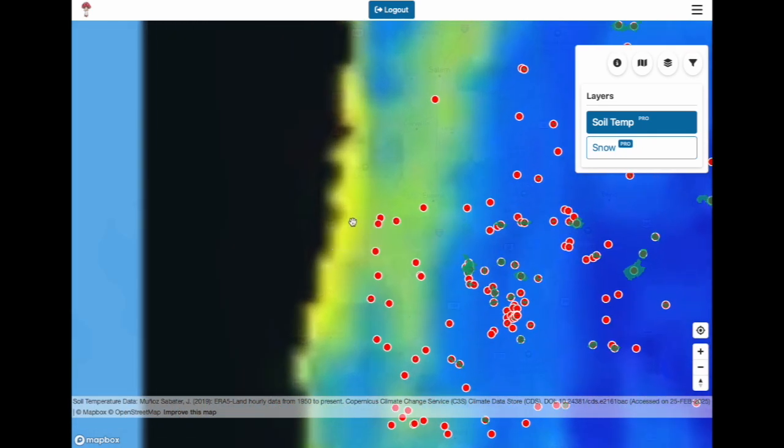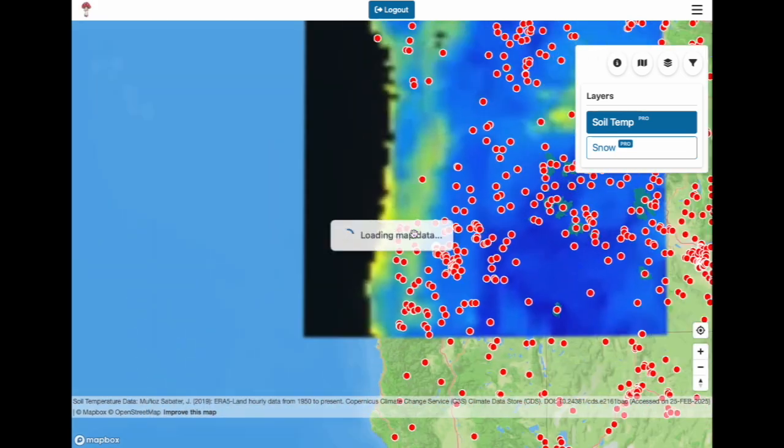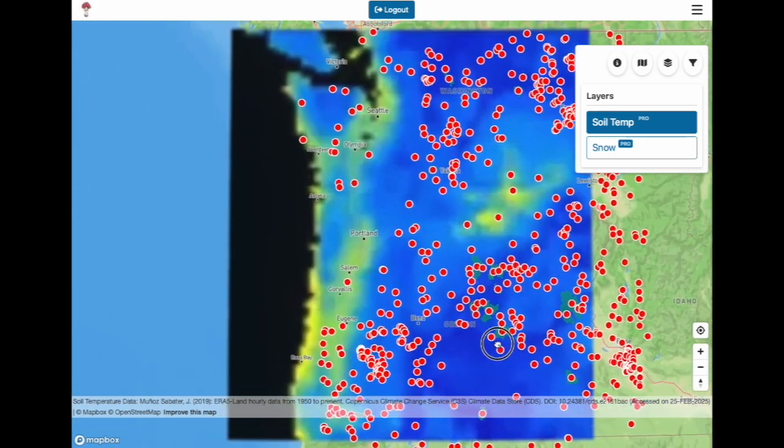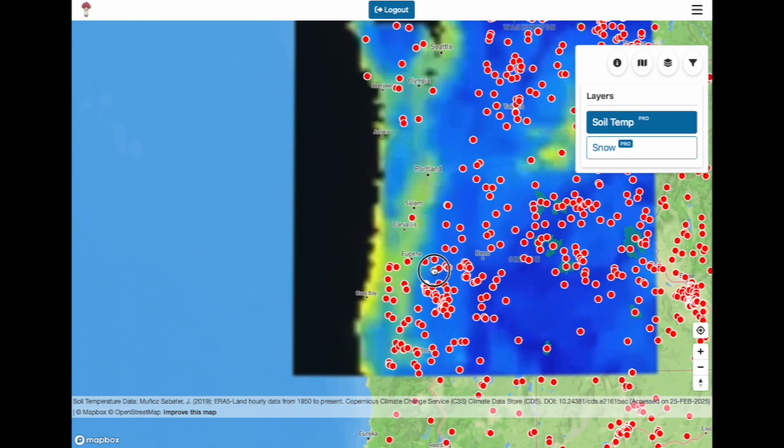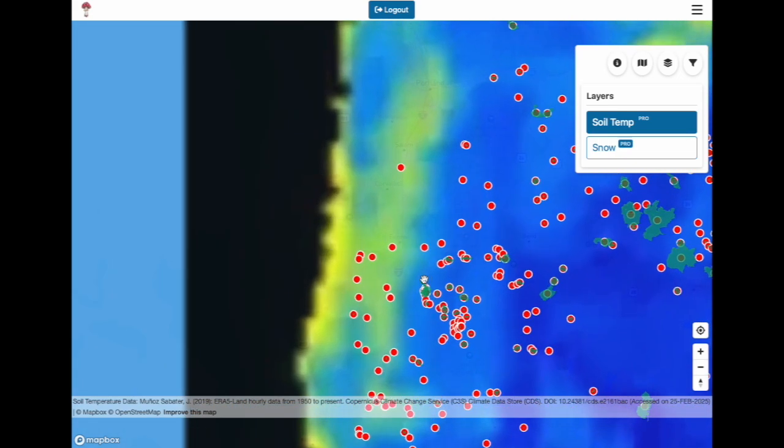So I'm using yellow to indicate as we're getting closer to the mid 40s for soil temperature, and as we get warmer, it should be turning more to an orange color. The cold areas you can see are quite blue, and so right now today, March 10th, we can see that along the southern Oregon coast and along the I-5 corridor